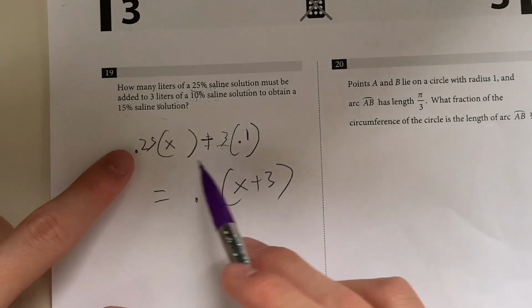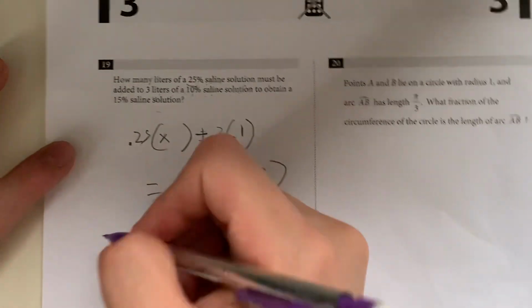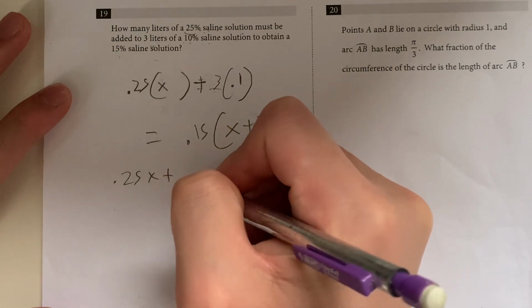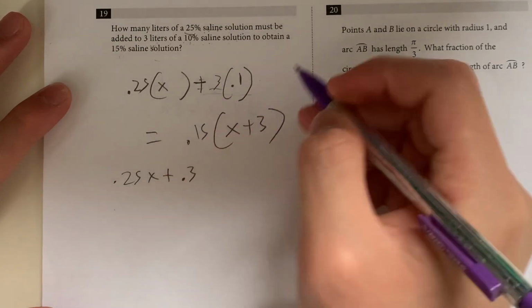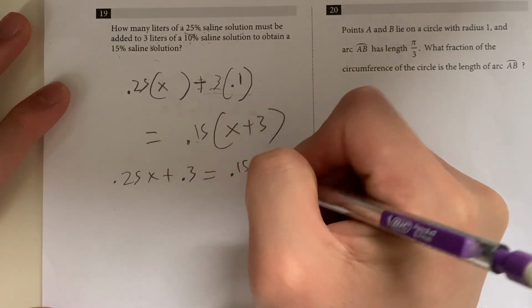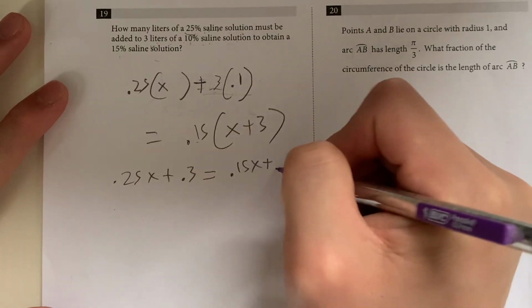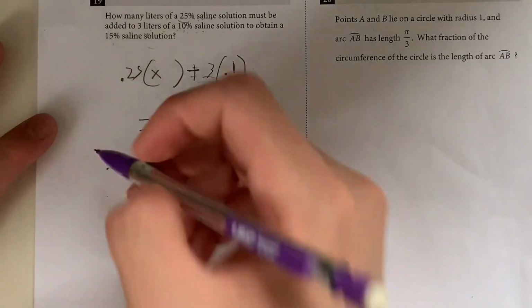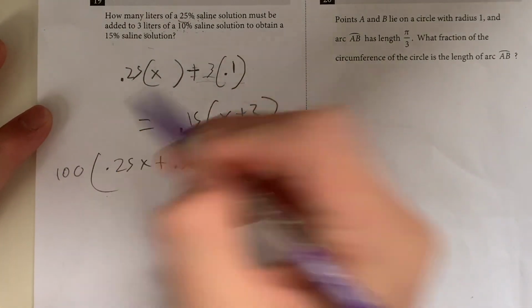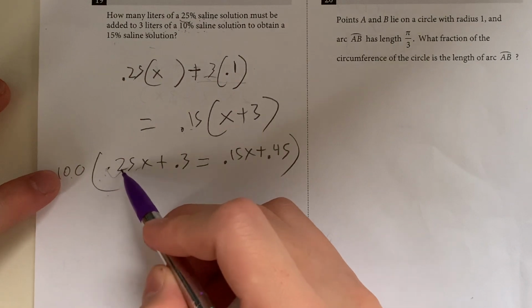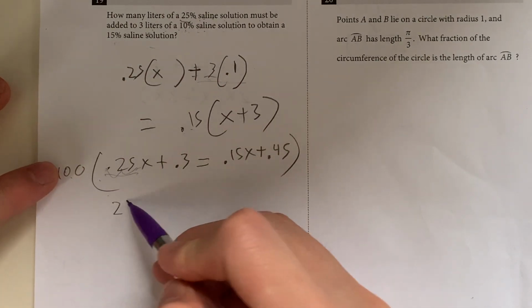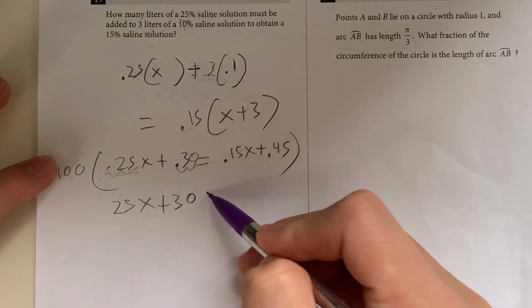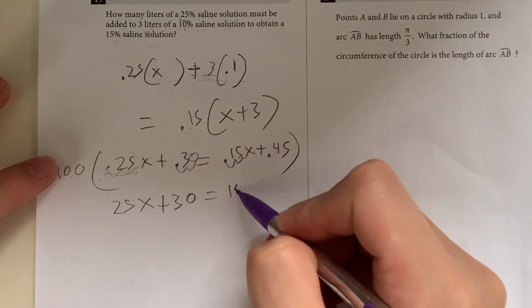And now because you don't want decimals, let's just multiply everything out. So we have 0.25x plus 0.3x, or just 0.3 by itself. That's equal to 0.15x plus 0.45. And now that I want to get rid of the decimal, I can multiply this entire equation by 100, because when you do so, the decimal moves 2 places, gets rid of that. So we have 25x plus, here we move 2, giving us 30, is equal to, move 2, 15x plus